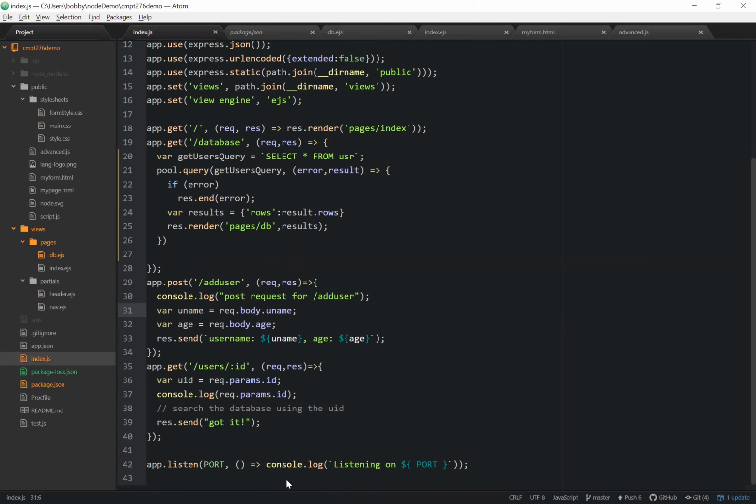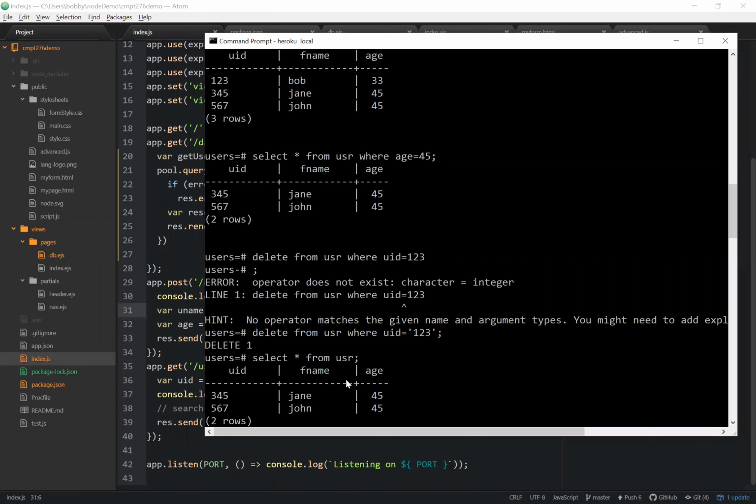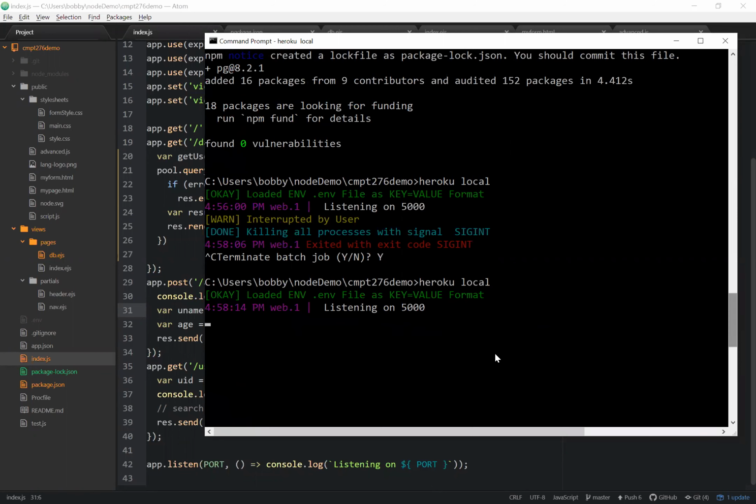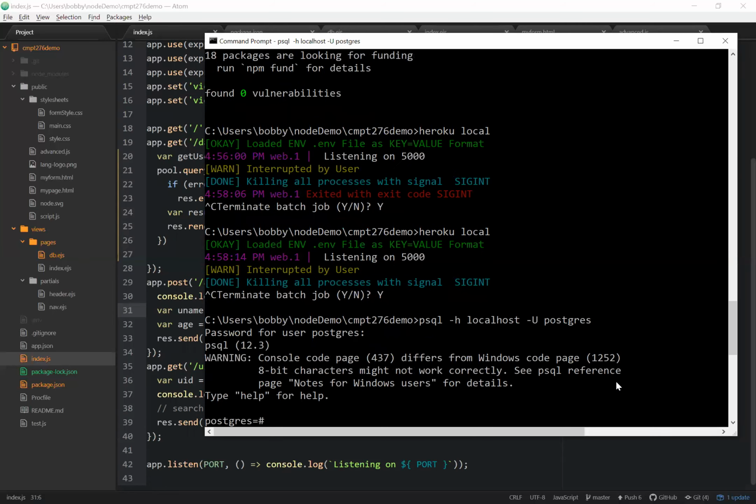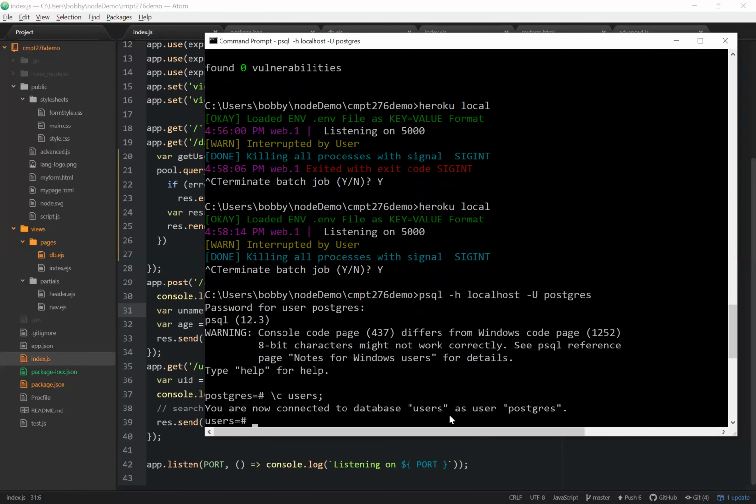So if we jump into our localhost here again, I'm just going to stop this right now, and I'm going to jump back into our Postgres. Okay, so I'm going to type in our password. Right now, if we go into our users database and we do a select star from user,